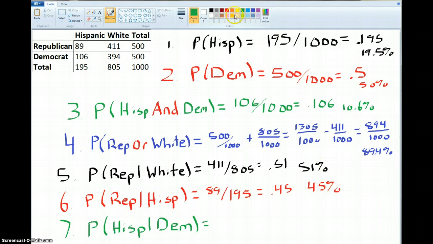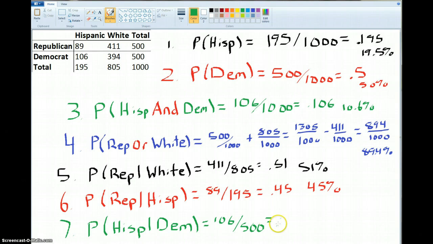All right, and one last one to wrap up here. What's the probability that you select a Hispanic if you're given that you're only looking at the Democrats? You know the person you select has to be a Democrat. It's like we threw all the Republicans out of the room. We're only looking at Democrats. What's the chances we pick a Hispanic one? Well, how many Democrats are there? There's 500 total. There's 106 Hispanics. So if we're only looking at those Democrats, there's 106 of them out of the 500. So our chances are 106 out of 500,